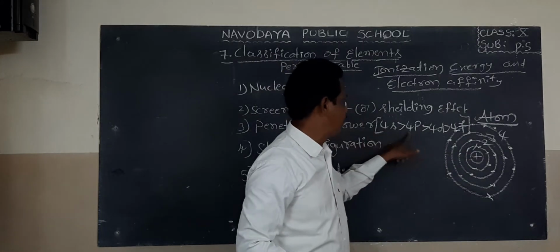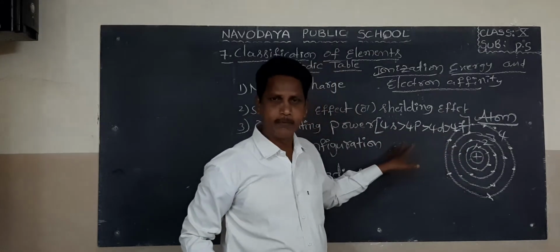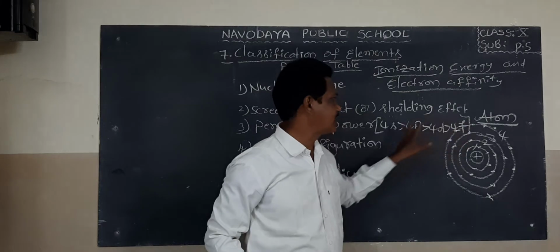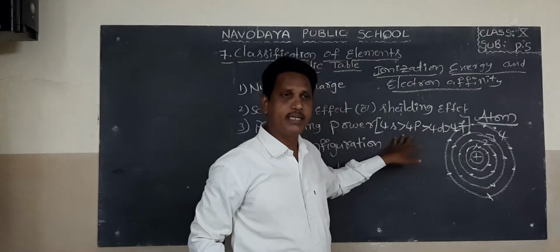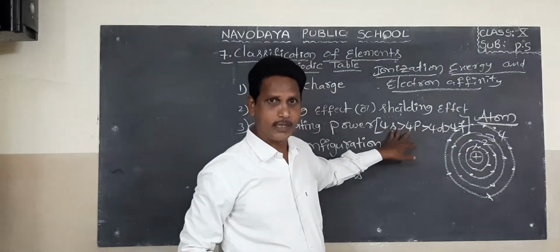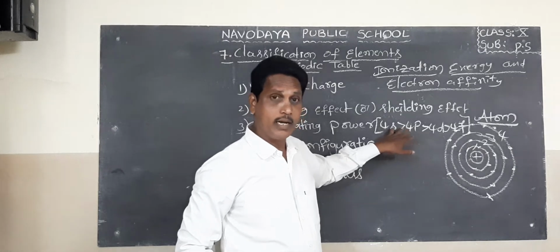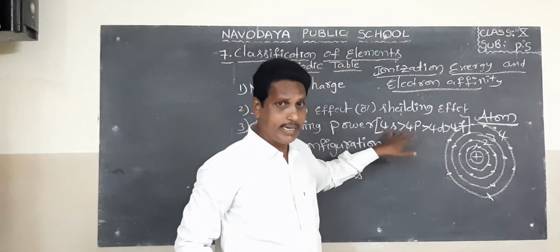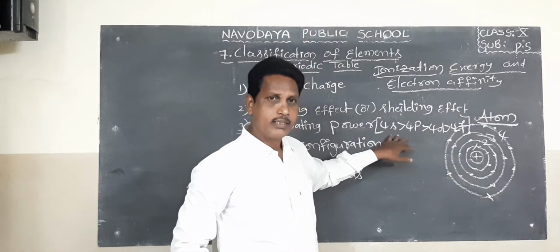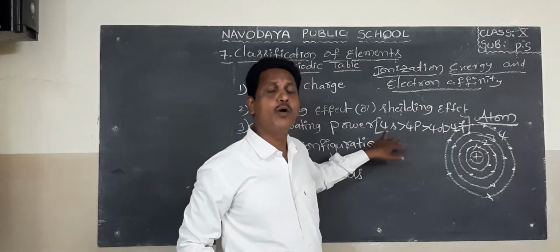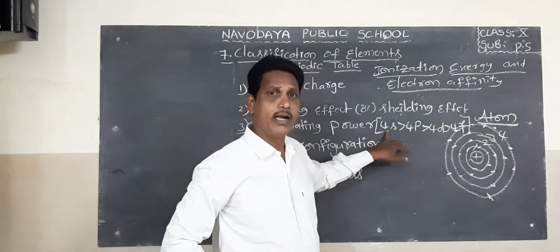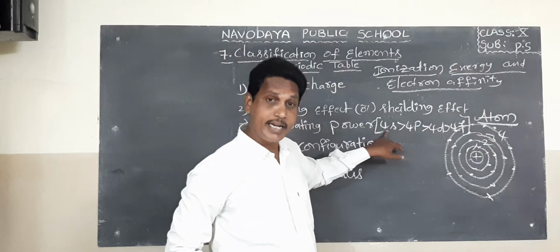This is the fourth shell. s, p, d, f orbitals are present in the fourth shell. The orbitals are in the same main shell. The first orbital is the 4s orbital. The 4s orbital has more penetrating power.